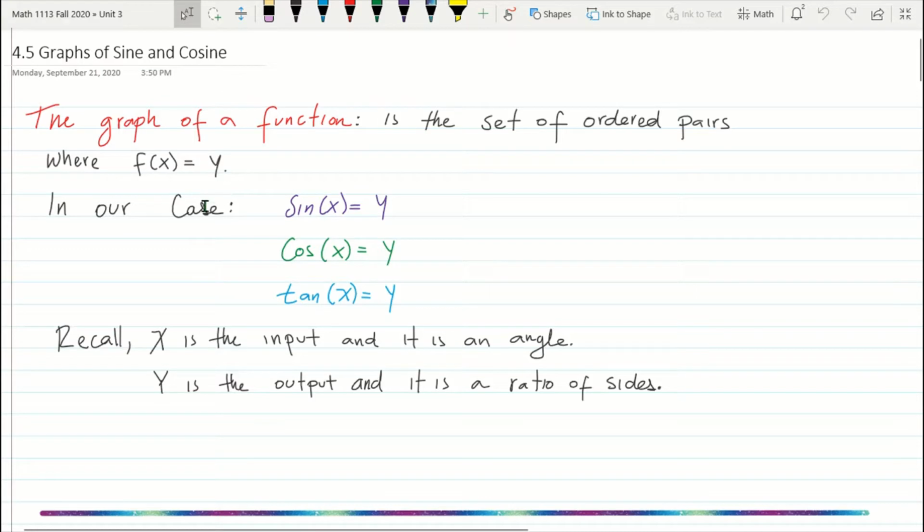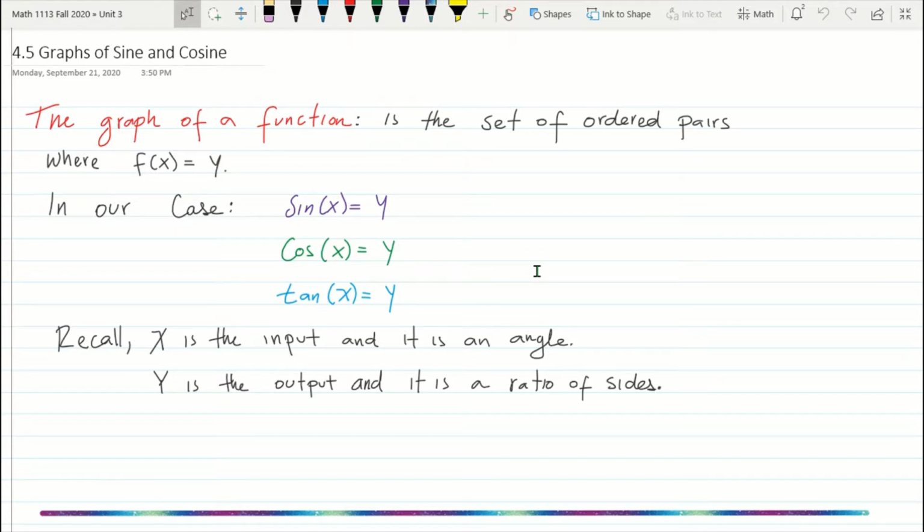In our case, we have the function sine, cosine, and tangent, and as we know it, they all have some kind of input and some kind of output, right? And that's what we're plotting in the x-y axis, and then whatever shape we get, it's going to be the graph of our functions. So just a quick review,